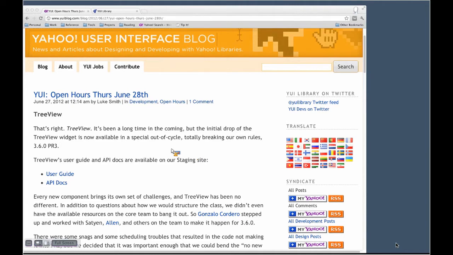We're going to be talking about TreeView. TreeView is one of those components that we had in YUI 2 for such a long time. It's one of the core components of YUI 2. I think it was one of the earlier components, in fact. Yes, it was one of the earlier components because I remember there being a lot of drama about how it was rendered in the markup in YUI 2, because I think it was using a lot of nested tables, and the semantics for that were just not very good. But anyway,